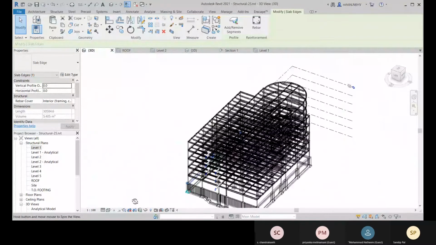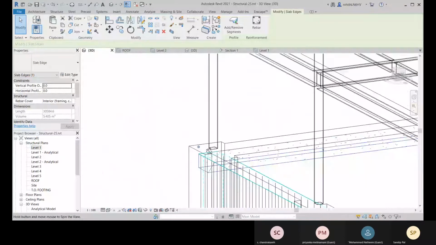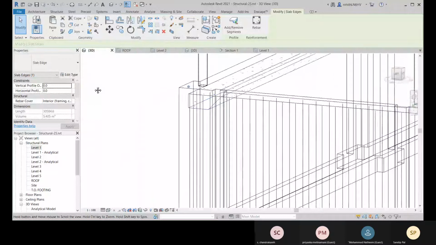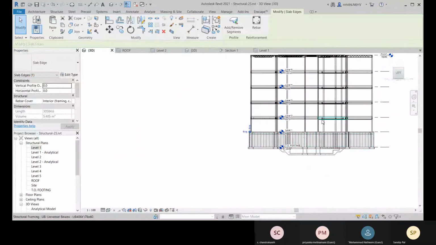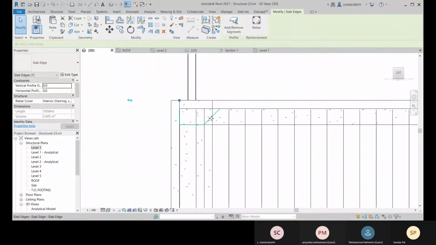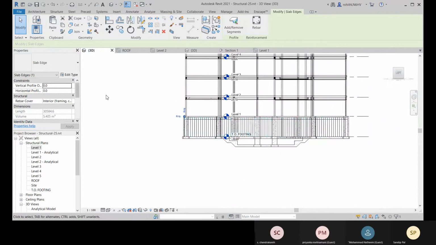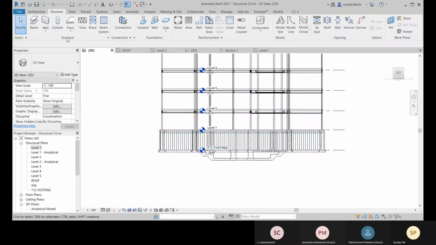Okay, so from here left, go to this left, and there you can see like this. We are getting it. Okay, so this is your slab edge. So like at this corner, you are placing it at this edge of your slab. So this is the option.